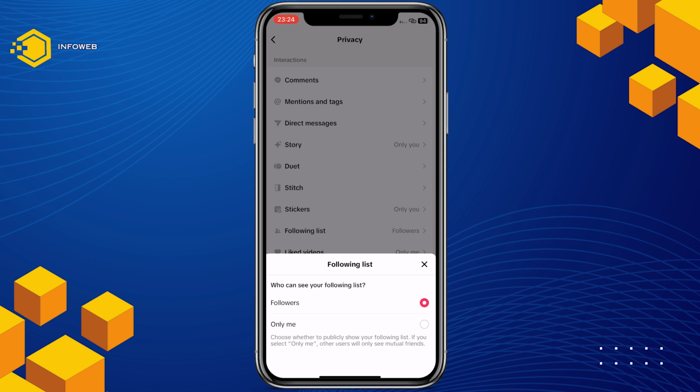By following these steps, you've successfully set your TikTok following list to private, meaning only you can see the accounts you are following. This added layer of privacy can be useful for those who prefer to keep their interactions on